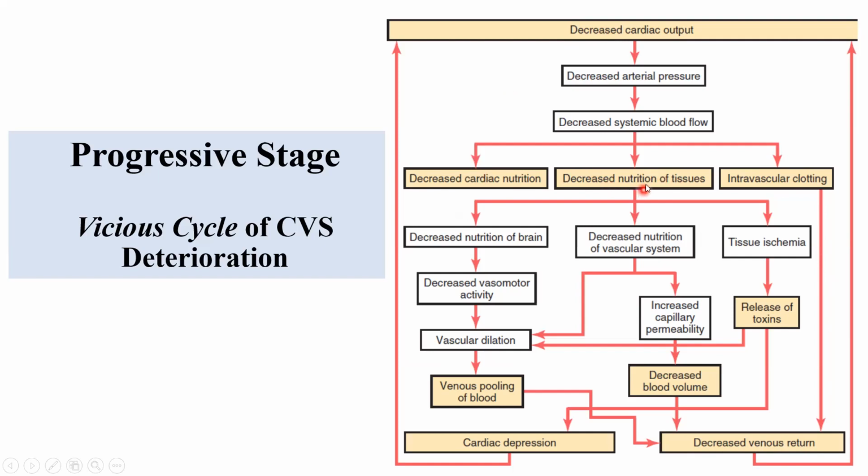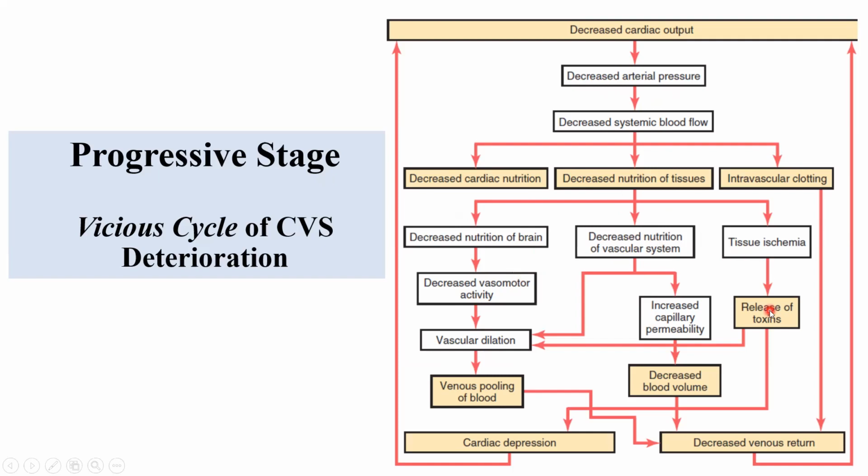Now look at what the decreased tissue nutrition does. It basically does a lot of damage, and this I will leave to your own reading. Look at the yellow stuff. Eventually what happens is, remember, this is the progressive stage and medical therapy can save this person. Okay. And as we move down and into the white stuff, this means that this chap is not receiving medical attention or not enough of it. Okay. Only then you go down this very gray and black